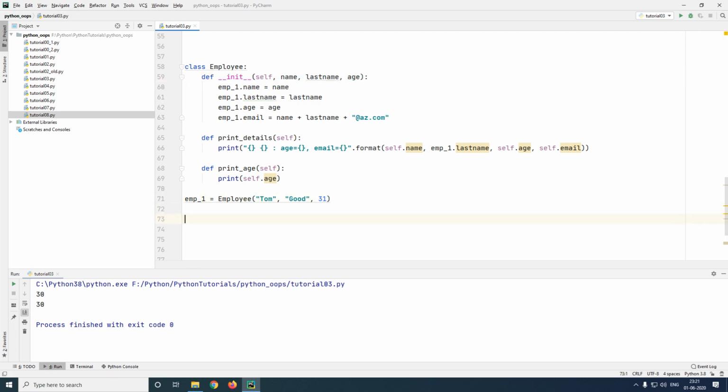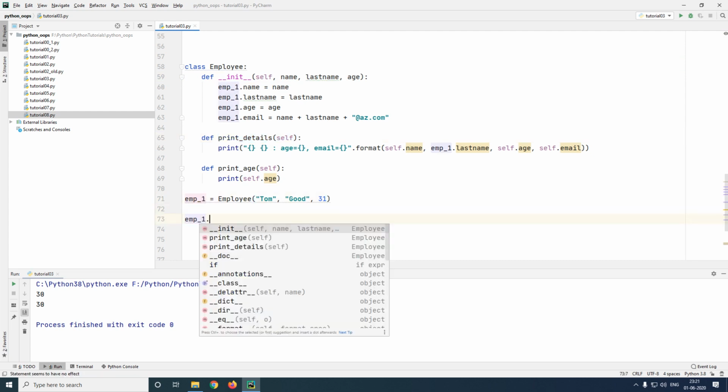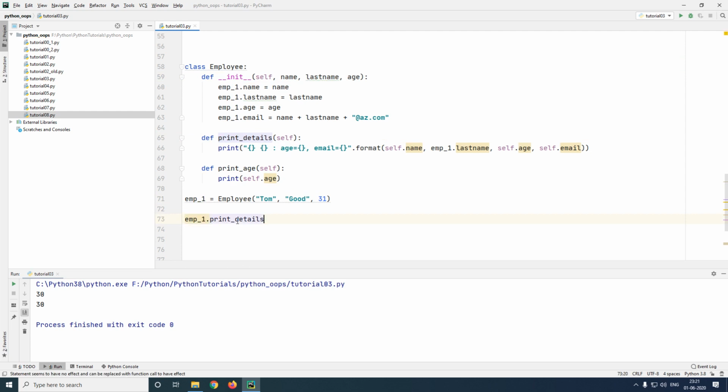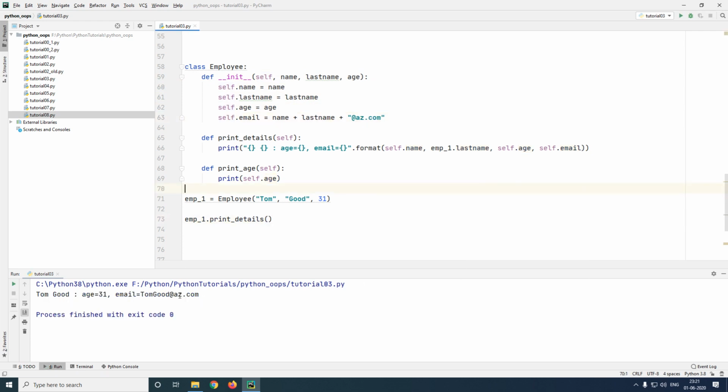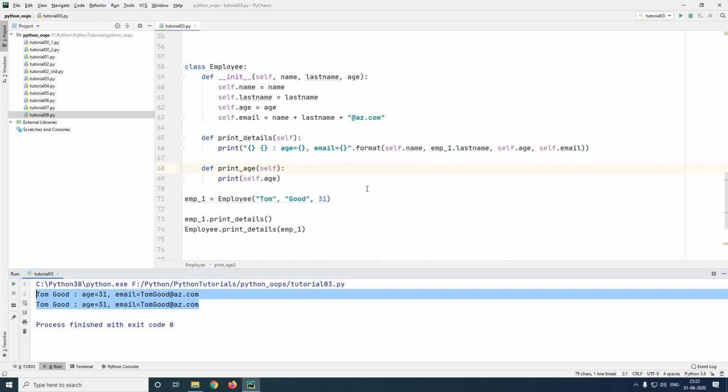In the same way as we talked about earlier, printDetails here can be called by using employee, so employee dot printDetails. This would work. Let me first replace self here. Let me print this. So this works. The other way, as I mentioned earlier, is by taking the class name, calling out the method, and passing in the object manually. This is to prove that the working of self is exactly how I have explained it. As you see here, the same value is printed twice.